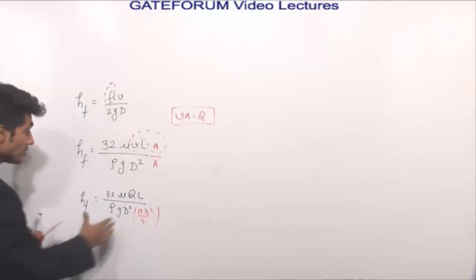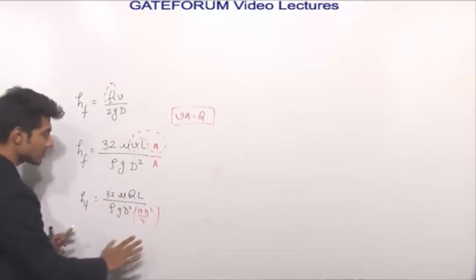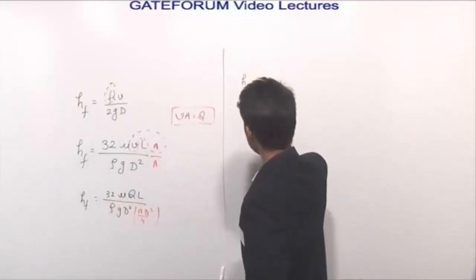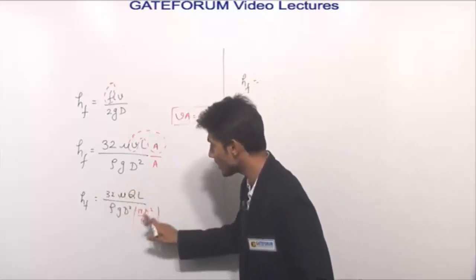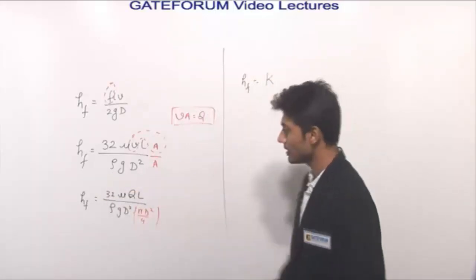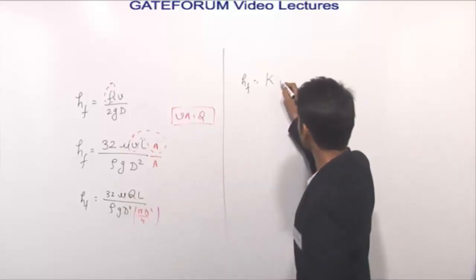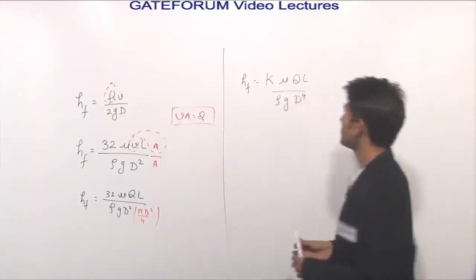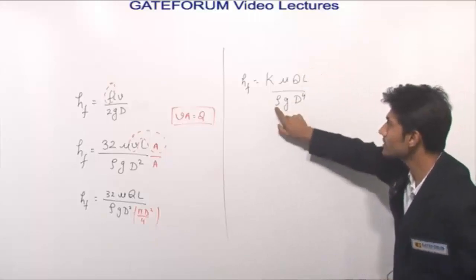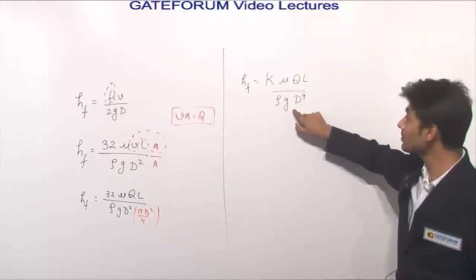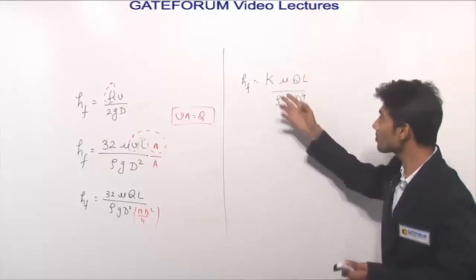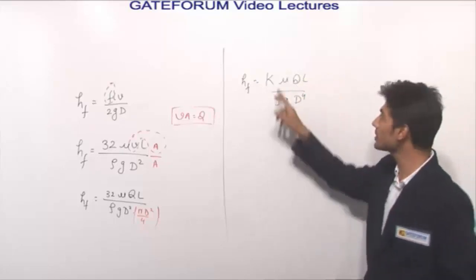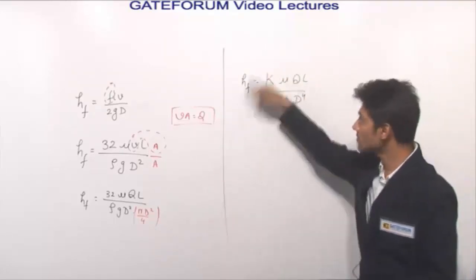Yes. Now I don't need these numerical values, but still I'm calculating everything. Now simplify this. HF is some constant, 32 pi by 4, some constant. I write it as K. It is some constant. Mu Q L upon rho G D power 4. Now this L is independent of diameter, rho is independent of diameter, G is independent of diameter, mu is independent of diameter. These all are properties. Mu is a property, rho is a property, G is a universal constant, length is independent of diameter, and this K is a constant term. So this whole formula